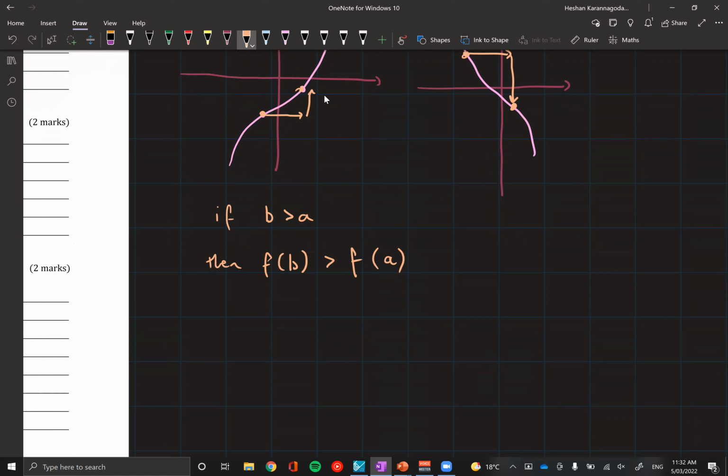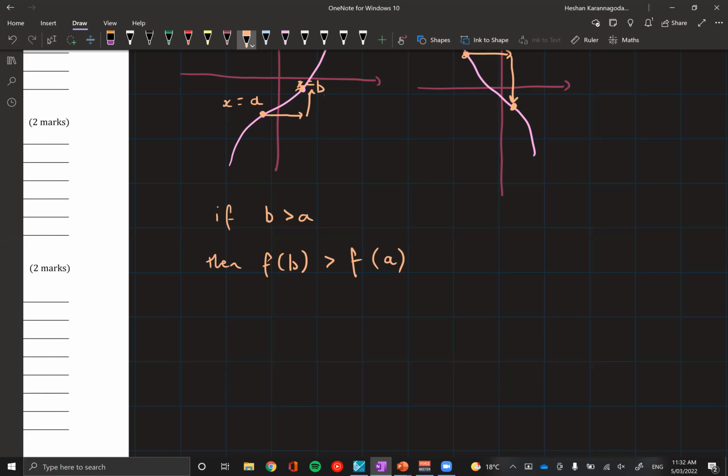Sorry, yeah. So for example, this would be A, this would be B, as coordinates. So X equals A, and then X equals B. You can see that A is less than B as a number. And when we move to the right, because B is greater than A, you can see that the Y value gets bigger, it gets taller. Okay. Obviously, just the converse for strictly decreasing.